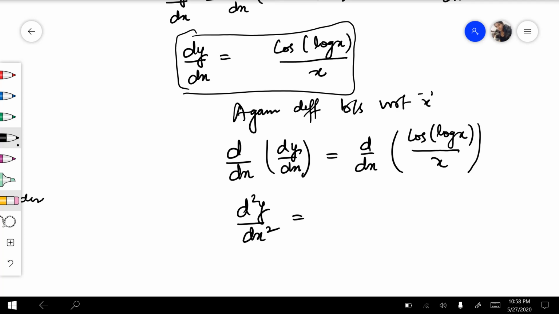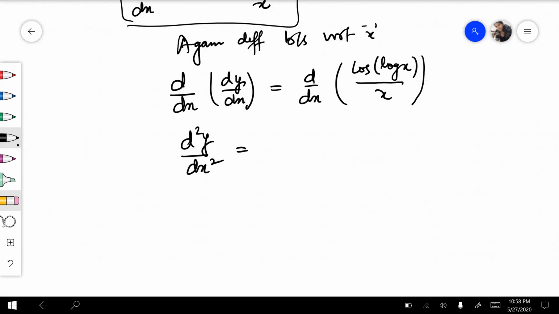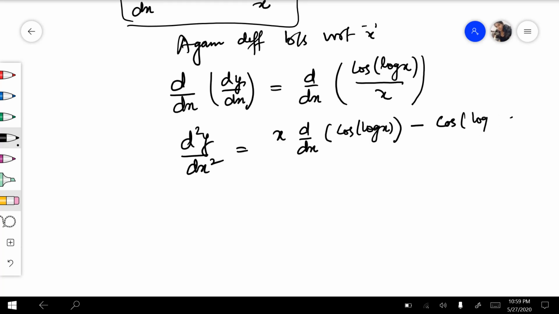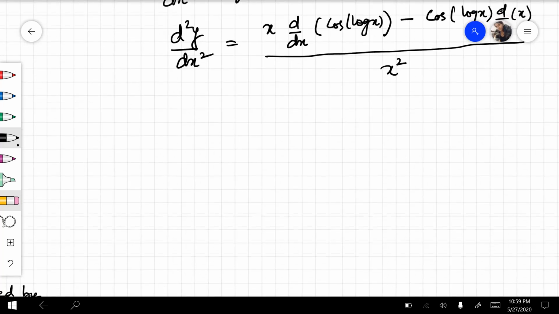राइट हैंड साइड पे देखें तो हमारे पास u अपॉन v का फॉर्म, सो यूजिंग कोशंट रूल, so that gives you denominator into derivative of numerator minus numerator into derivative of denominator, which is x, upon denominator square. This equals to